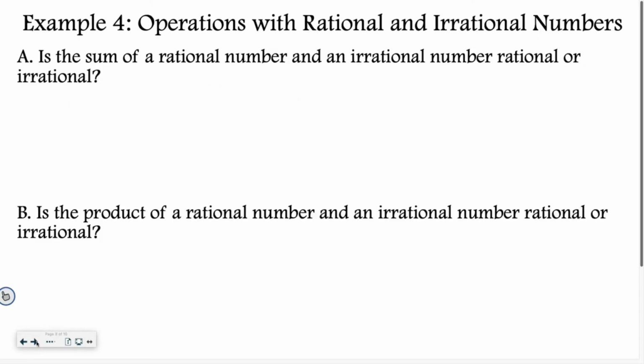All right, example 4. Is the sum of a rational number and an irrational number rational or irrational? So let's think about that. This is sometimes easier with some decimals. So I'm going to just choose 0.25. And why don't we say plus pi? Okay, so I'm going to add pi to this, right? Plus